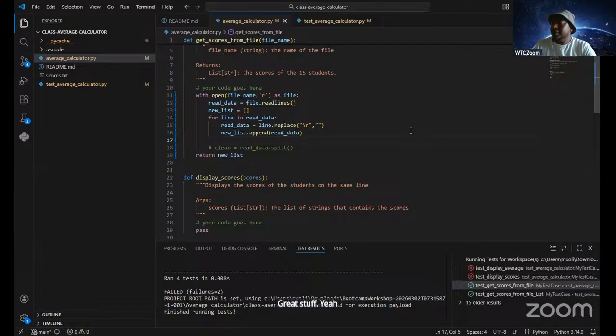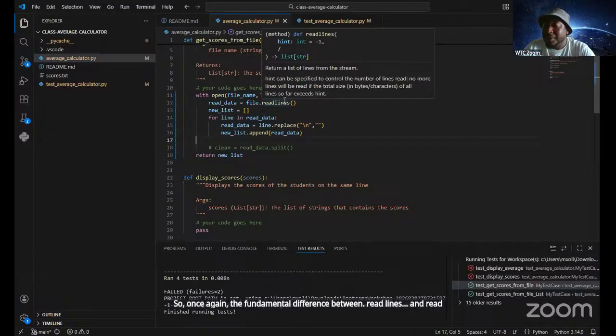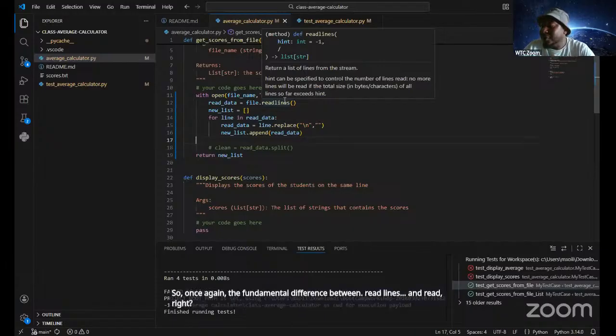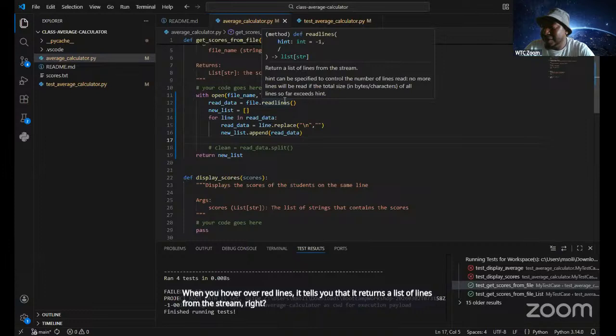Yeah, I think this really makes sense. So once again, the fundamental difference between read lines and read: when you hover over read lines, it tells you that it returns a list of lines from the stream, which is the file itself.